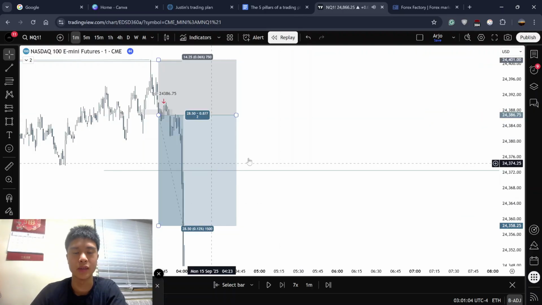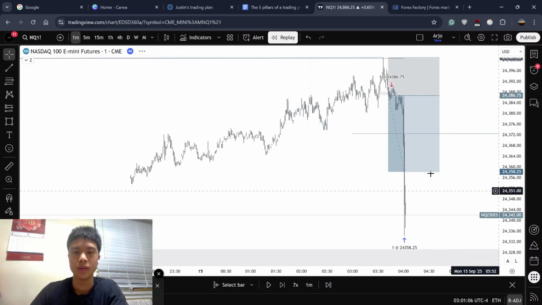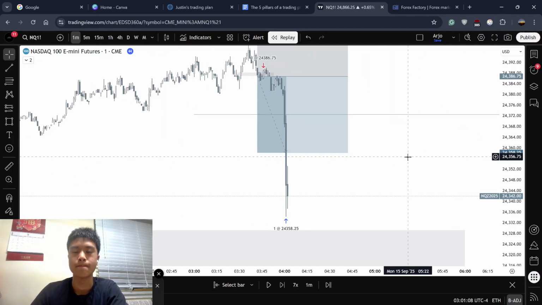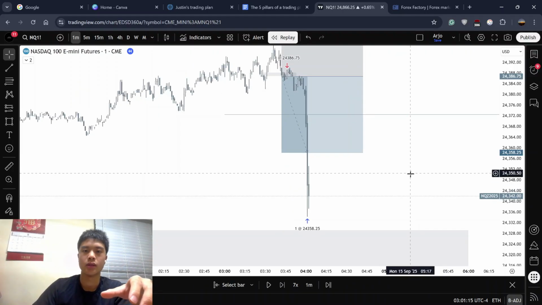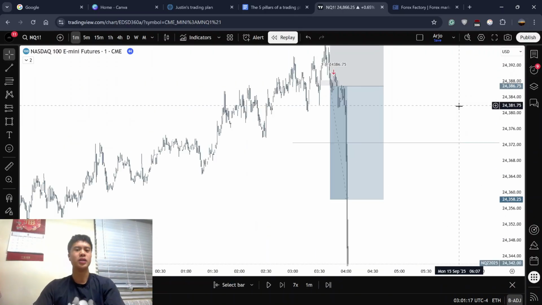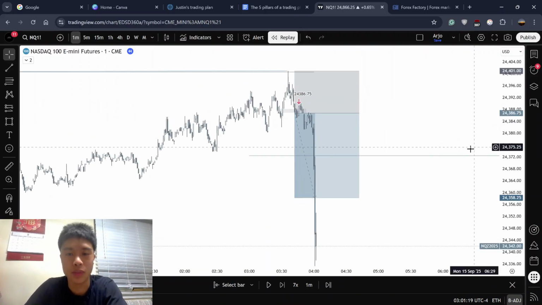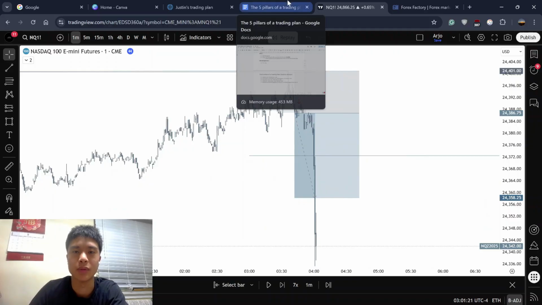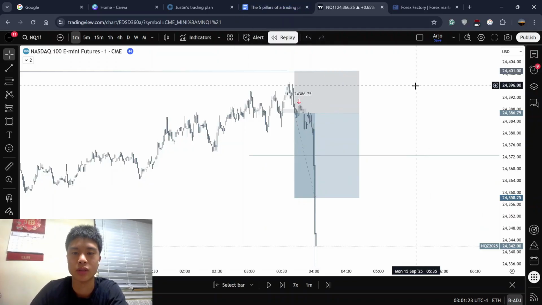Wow, that was pretty fast. I didn't even have time to check. But you can see how simple it is to form a trade idea. It's so easy, man. I don't understand why more people don't do it. I don't understand why people just gamble when they trade. It's so much more satisfying and